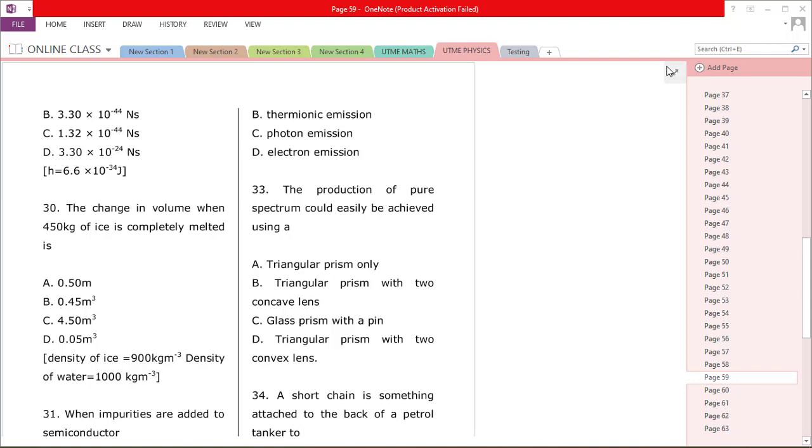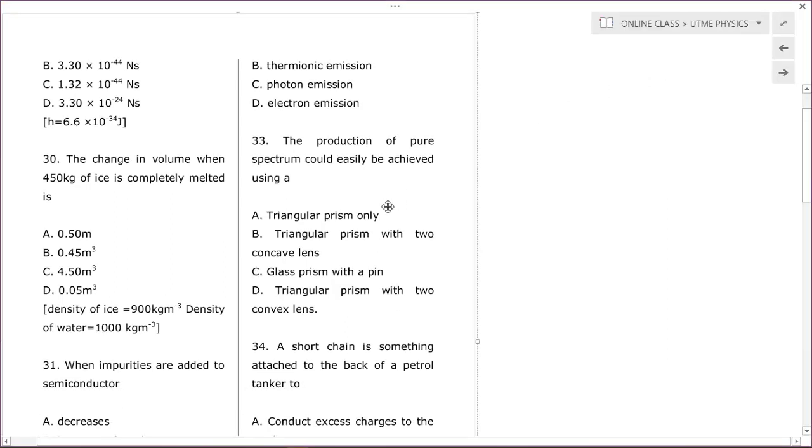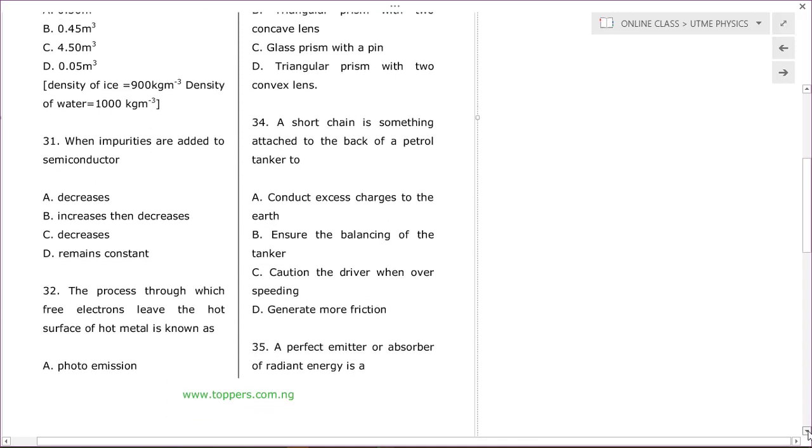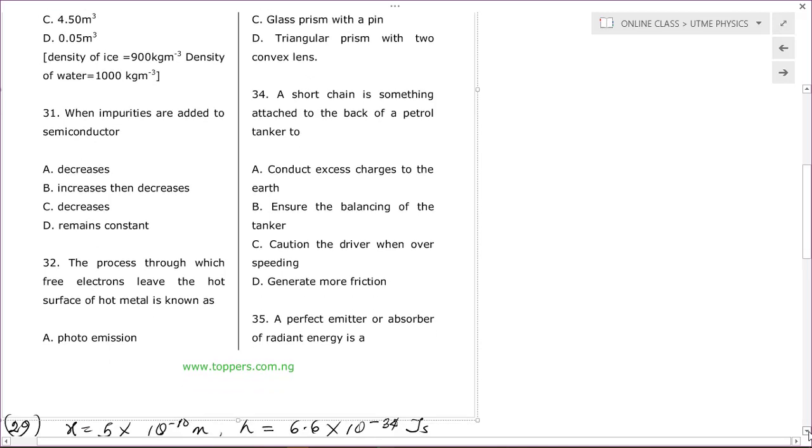I want to continue from where we stopped the other time on physics. UTME questions from number 31 now. We stopped at number 30. Let's go straight to the business. Number 31 question